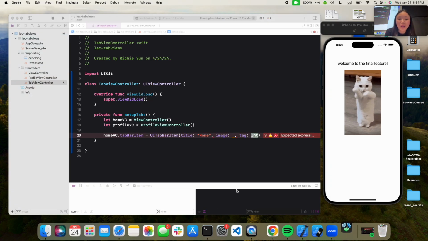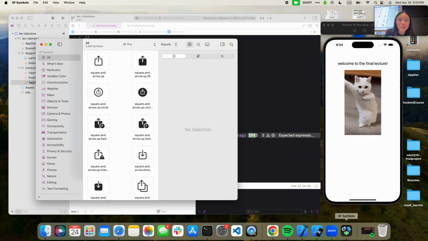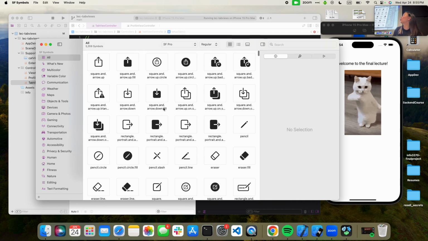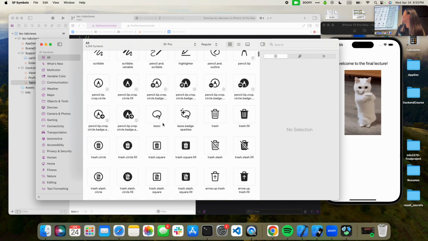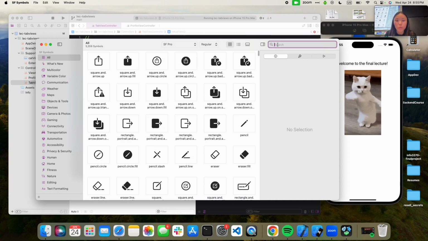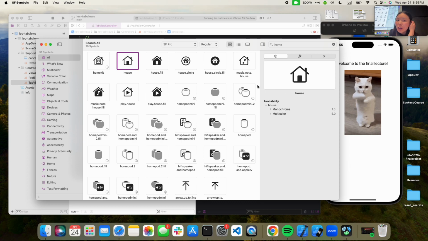So there's this really cool app. I don't know if you will have to use it for a hack challenge, but if you ever create your own apps in the future, it's called SF Symbols, and it's a lot of predefined Apple symbols. A lot of these are really clean, and the good thing is that you don't have to import them into Xcode. For example, we want a home icon, right? So if I just look up home or house, and click on it,